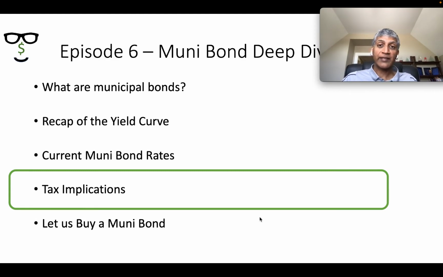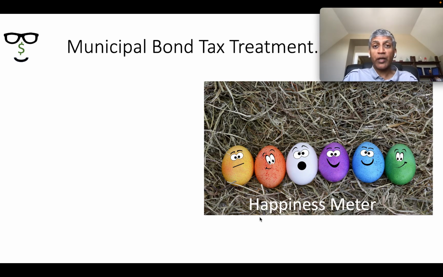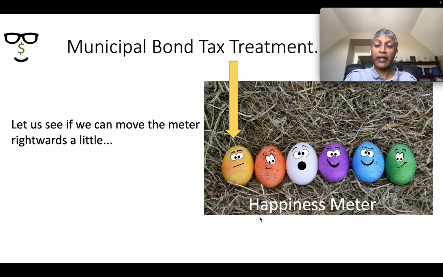We're going to be talking about the tax implications for municipal bonds, and then we'll go around and actually buy a municipal bond in this part of the episode. Some of you may remember, depending on how long ago you listened to it, we put this thing called the happiness meter, and we drove a really bad doom and gloom scenario and said, oh my God, you start federally taxing for this and federally taxing for that and state tax for here. It looked like municipal bonds were moving pretty far to the left, and we're going to try and make it move back to the right in this episode, and we'll see how successful we are,